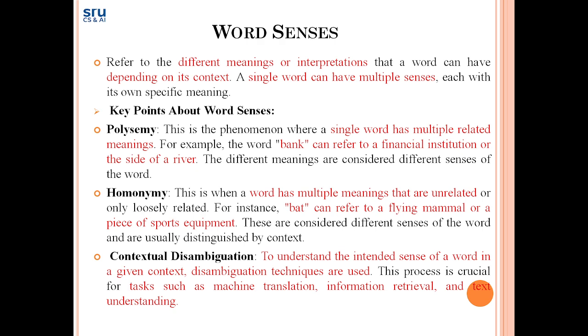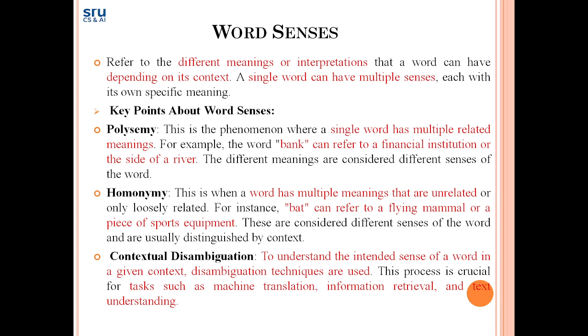Homonymy: a word has multiple meanings that are unrelated. Bat can refer to a flying mammal or a piece of sports equipment. So these are considered different senses of a word and are usually distinguished by the context. Contextual disambiguation: to understand the intended sense of a word in a given context,